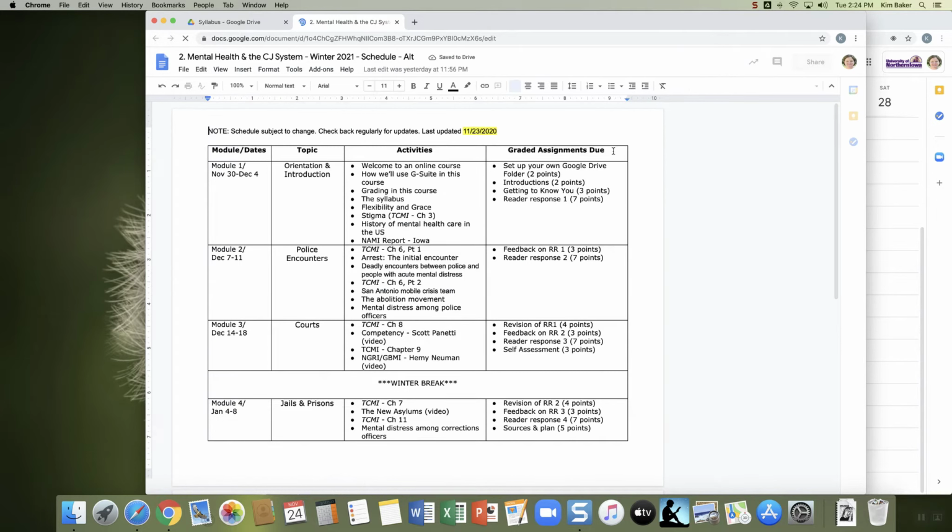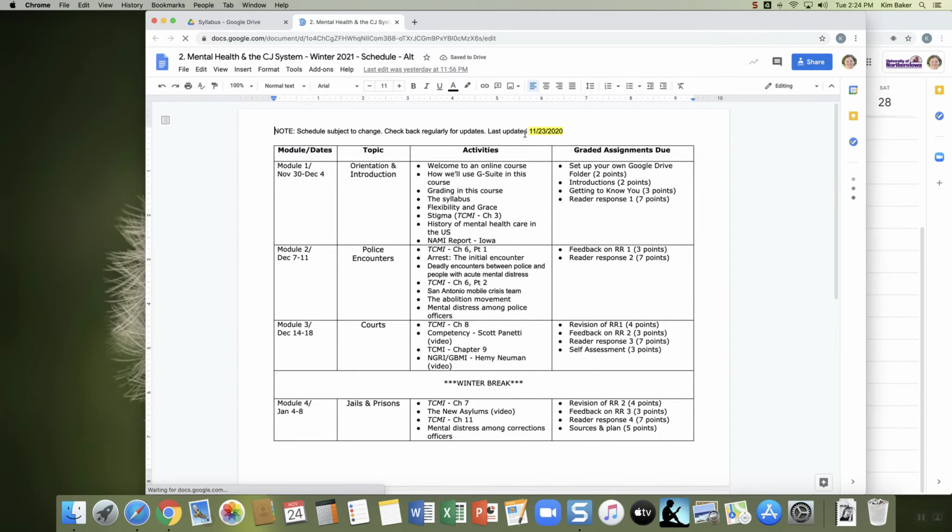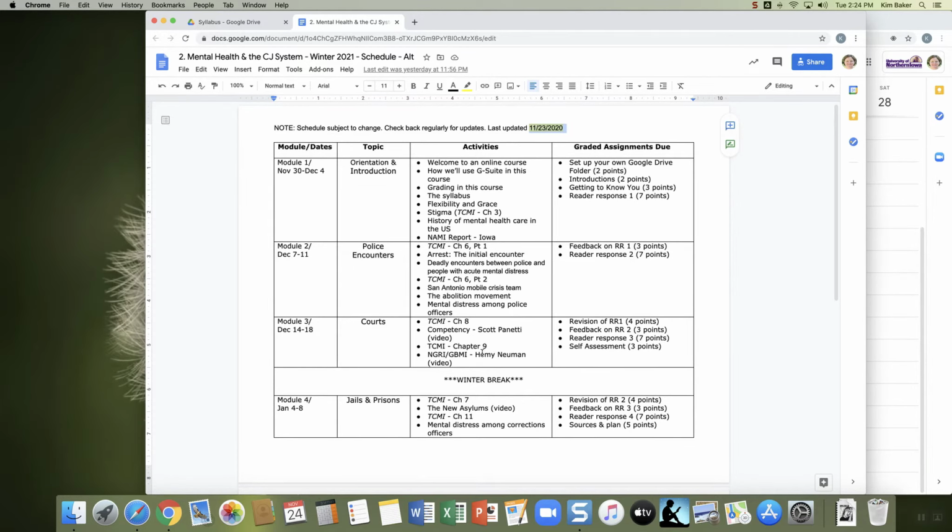I listed the schedule separately because I wanted to make sure that you could get to it quickly without scrolling through the entire syllabus. Again, you see this last updated date. As you can see, I have a lot more detail in modules 1 and 2, less in the later modules. I'll be finishing everything over the next week or so, so just be patient with me, but I will be adding stuff for modules 3 through 6, so just a heads up. But this will tell you the dates, the topic, the activities you're going to be doing, and your actual assignments.